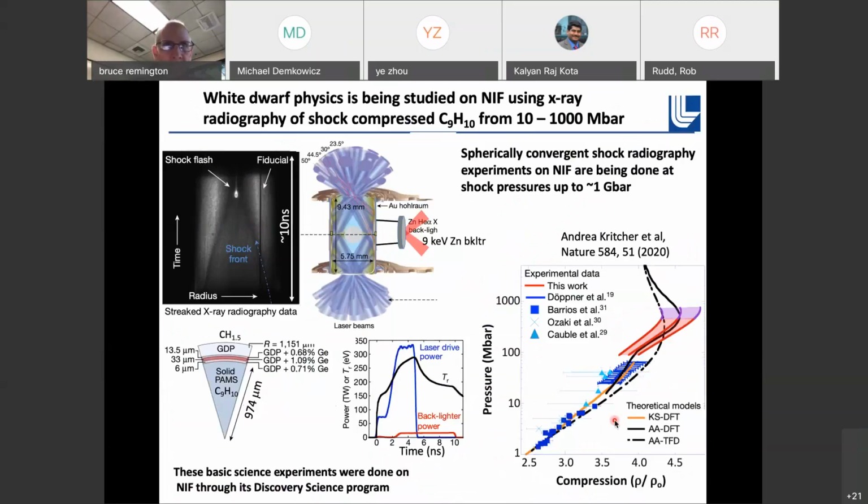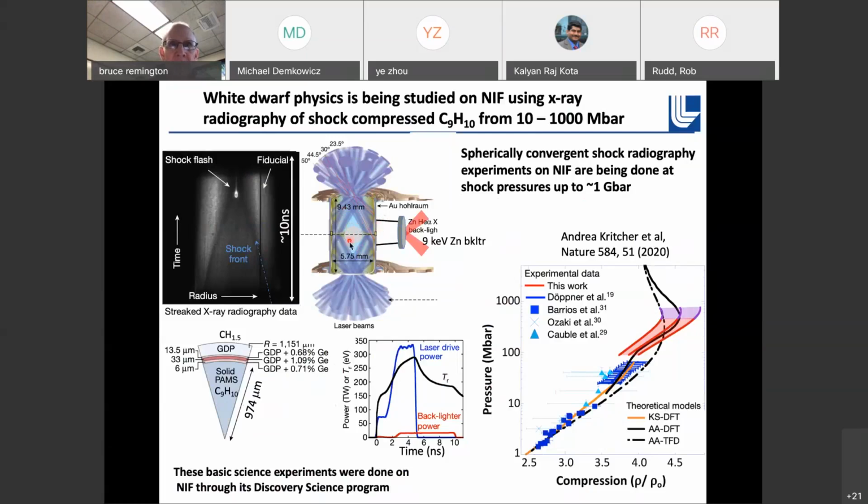Okay, so with the NIF, of course, one's urge will always be, well, let's turn up the pressure and see what happens to the warm dense matter at the highest pressures we can achieve. So in this experiment by Andrea Kritcher, Thilo Döppner, and a whole big team of people, they said the way to get to the highest pressures on NIF is that we have to enhance the ablation pressure with convergence. Normally the lasers come into a radiation cavity, convert to X-rays, and the X-rays drive the physics package, whether it's a planar foil on the wall or a spherical